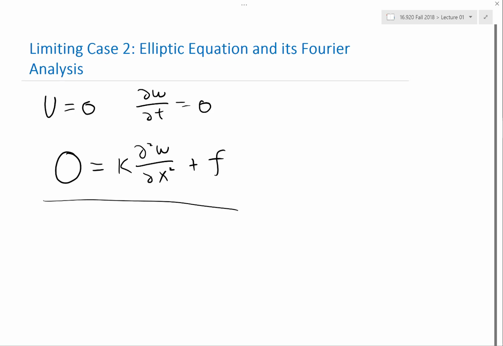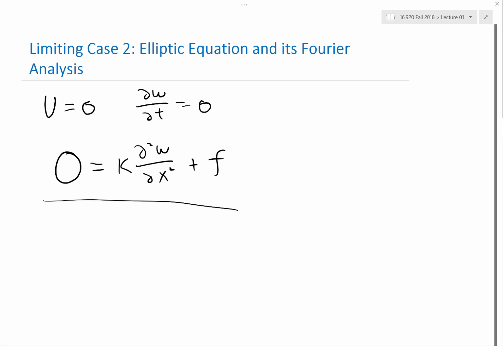One thing people use elliptic equations for in practice is designing structures, for example, buildings. In designing buildings, you want to make sure the building wouldn't collapse when you put some weight on top of it. One of the cases is the so-called dead weight, right? Which means it's a static loading, and the response of the structure would also be static. That type of analysis would require solving an elliptic equation, which means solving for the loading, stress, and strain of the structure when the time derivative is equal to 0. So that also describes a real-life